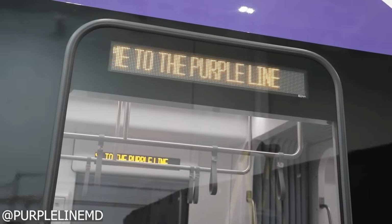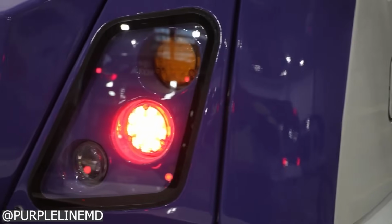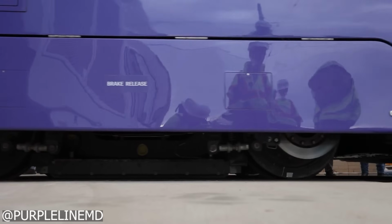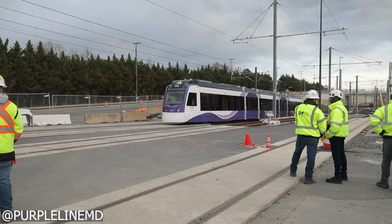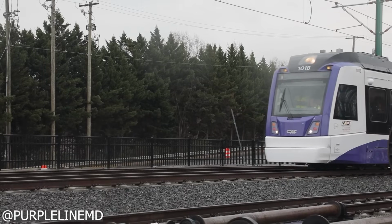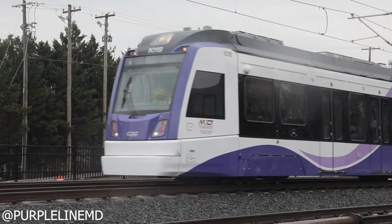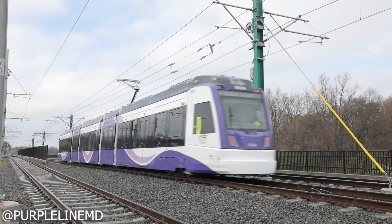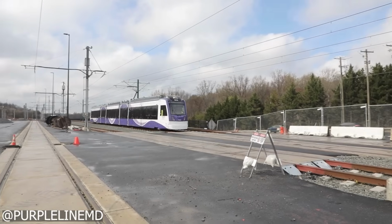But today we got our first look at the rail cars, which transit leaders are calling the future of transportation. Something big is unfolding across Maryland's suburbs. The Washington, D.C. Purple Line light rail, years in the making, is quietly nearing a major milestone, with construction now over 3/4 complete. Crews are working behind the scenes, testing vehicles, and shaping what could become a critical link in